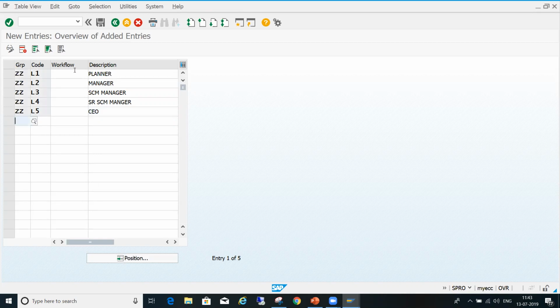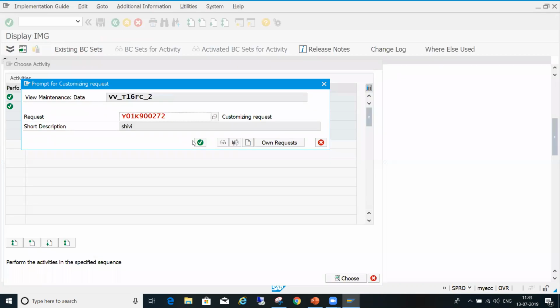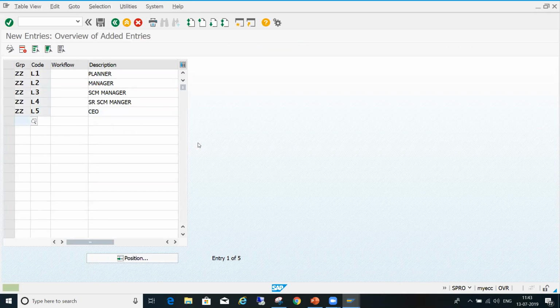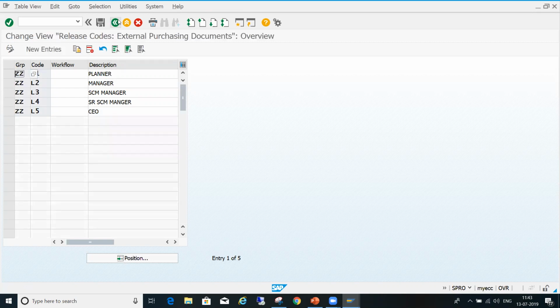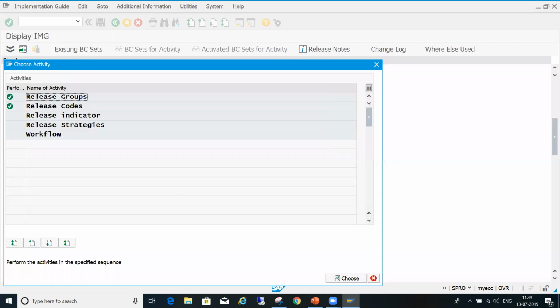So what you have done is, for the approvers that are there, you designed the codes, and you assign them to your group. Okay, save. Then release indicator.